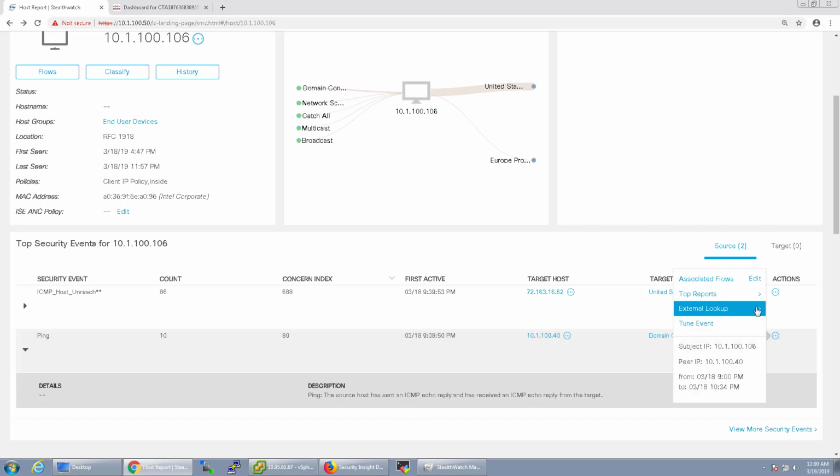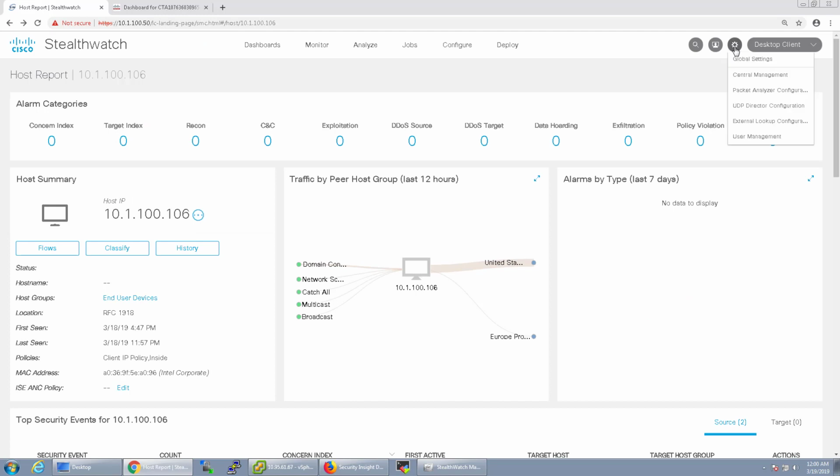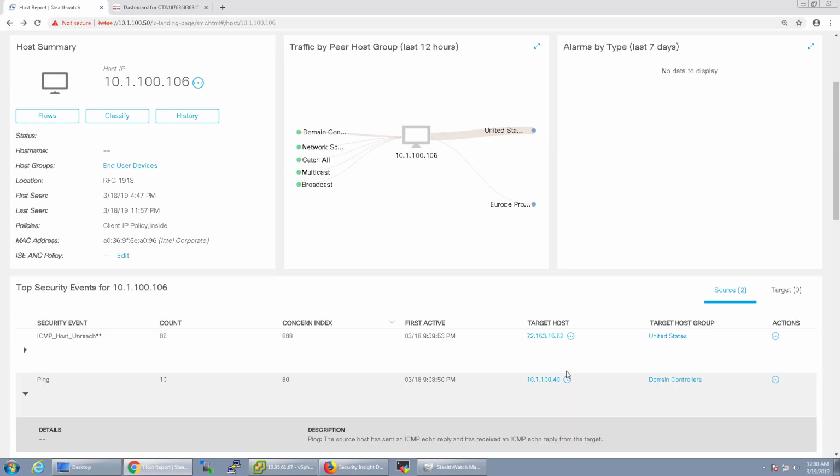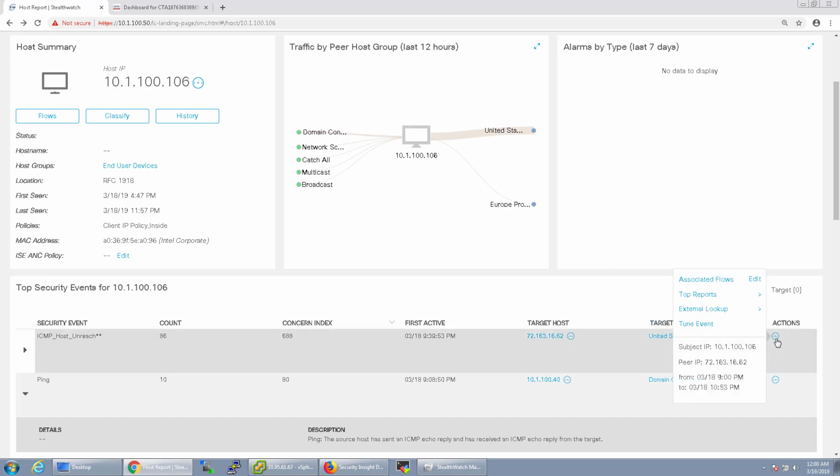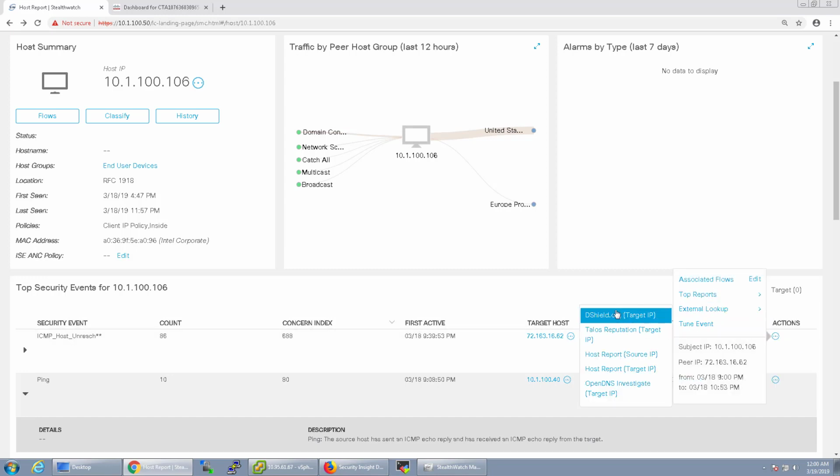And one other thing is you can also do external lookups. So if you wanted to check the host or source or target IP, you can go ahead and do an external lookup and see, for example, the host report for that target IP. With external lookups, you can actually configure those for custom things. So if it's going to an outside host, like in this case, there are some built-in